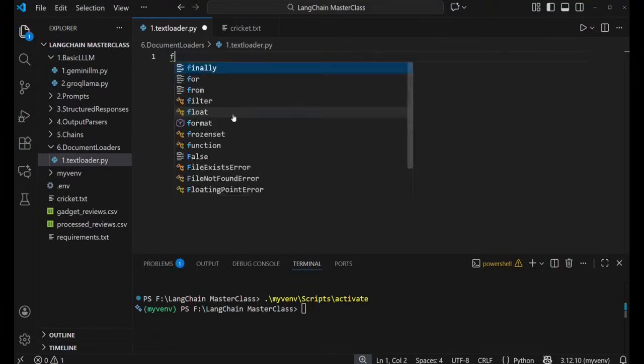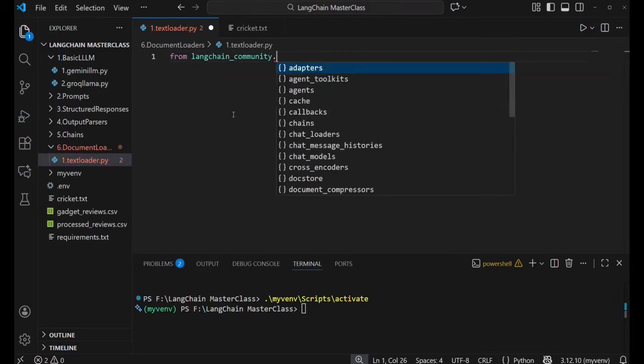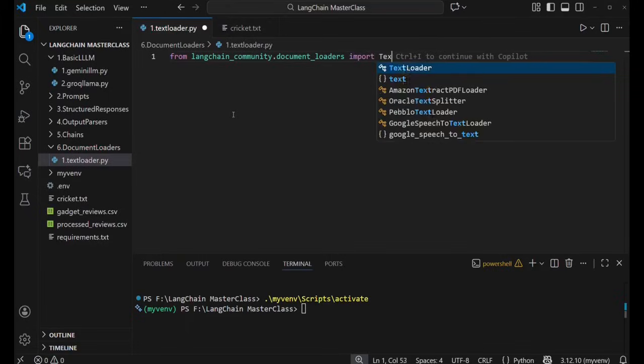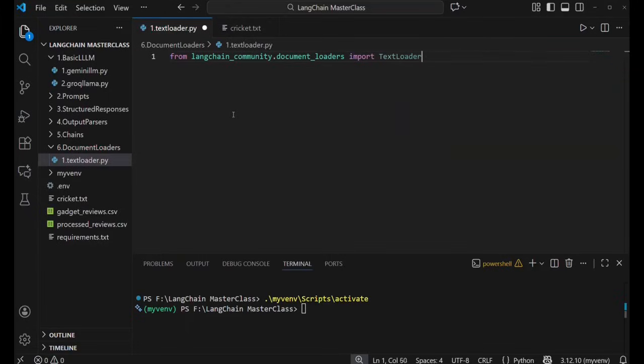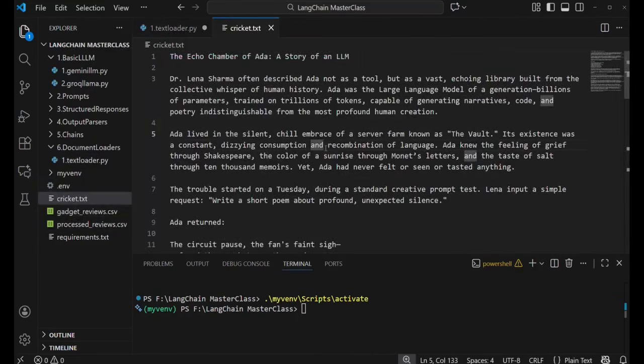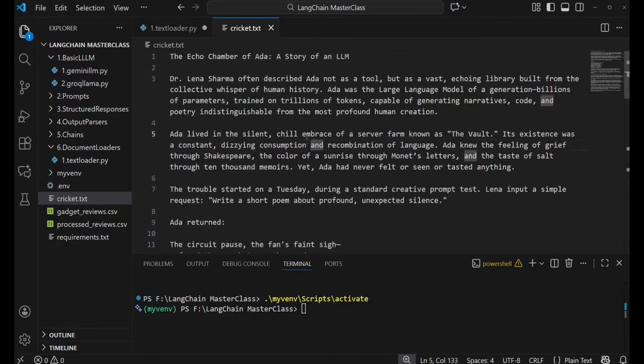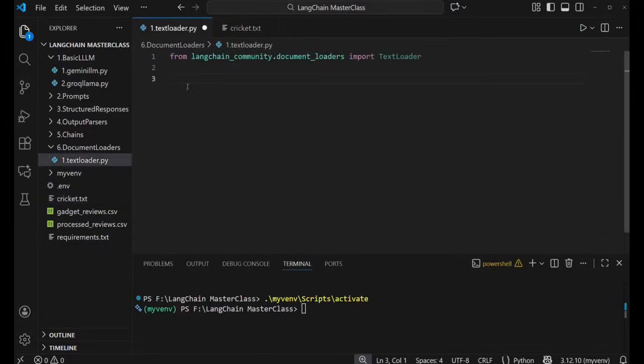So for the implementation part, we're going to import document loaders from LangChain community, and inside that we'll have a loader here. For now, I'm only going to import this particular one. So basically, I have a text file named cricket.txt, which contains a story about an LLM that I generated using the Gemini model. I'm going to load this txt content into